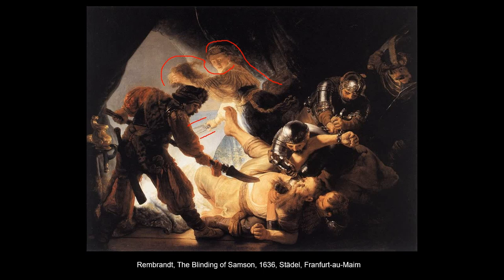And you see him being blinded. This is just incredibly gory. You have these figures here. This one reaches around with a knife to stab it into his eyes, while the others hold him back. This one holds him at spear point. And the light comes in to illuminate his face, but of course that's the great irony of the scene. He can't see it because he has now been blinded. He's blind because he trusted the wrong woman.